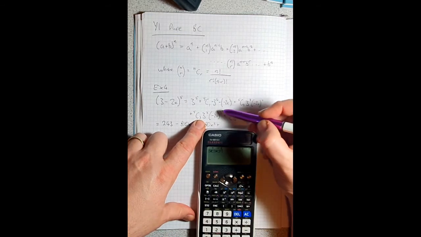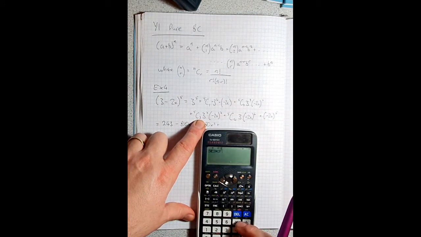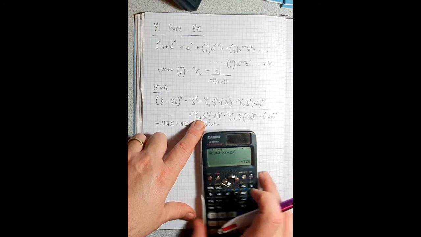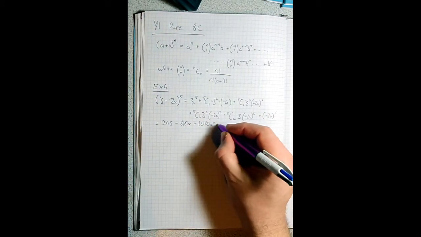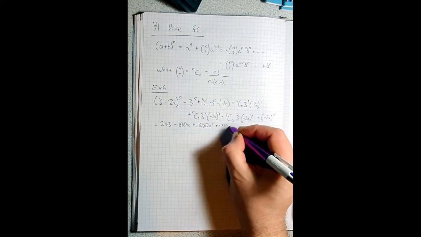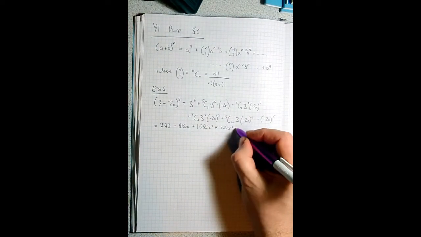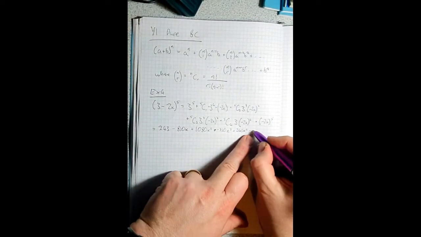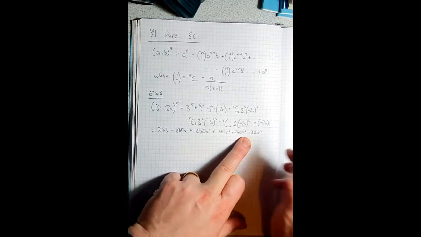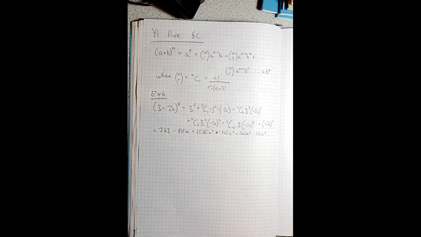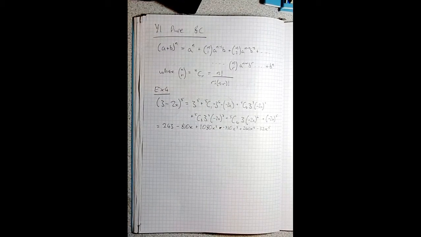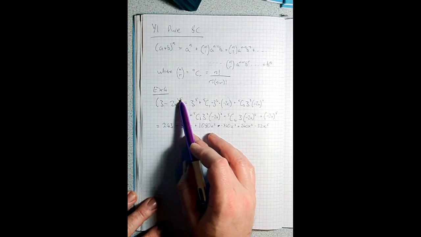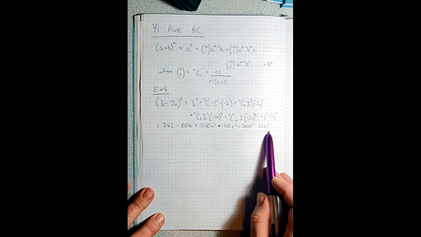It's going to be negative because my negative term is cubed, so times minus 2 cubed, minus 720x cubed. The next term simplifies to 240x to the 4, and the last term negative 32x to the 5. Straightforward enough. If the power is 5, there are 6 terms, that's not too